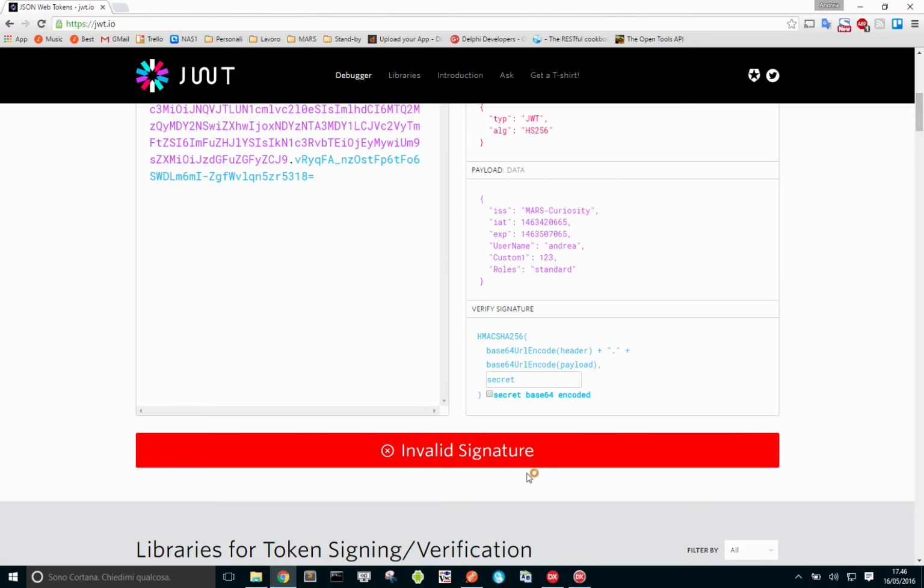user. It tells me invalid signature because here you will have to write the secret that I'm using. That is a piece of information that has to be secret, of course, that is used to verify if the token has been tampered or anything else. So that's it, and